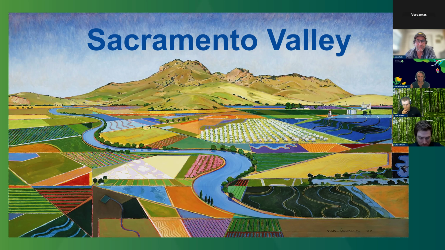And in the Sacramento, as Luke was talking about, the vast majority of those adjacent low-lying landscapes that once accepted floodwaters in the Sacramento Valley no longer do so because of really ubiquitous and persistent